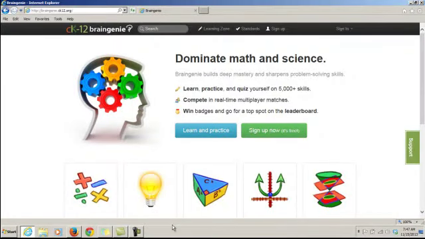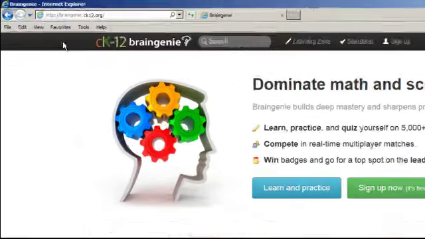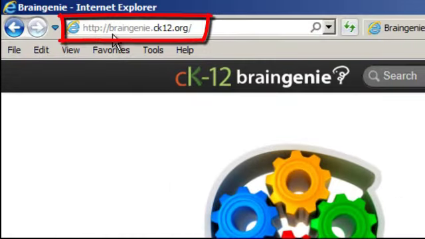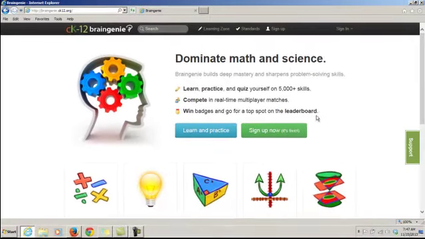BrainGenie is a program for math and science practice. To get to the BrainGenie site, you will go to the web address braingenie.ck12.org. Once at the site, if you already have an account, and for Marion local teachers, I have already created